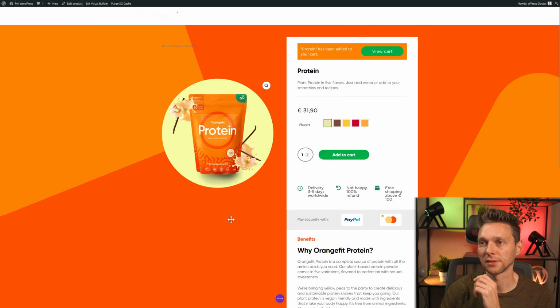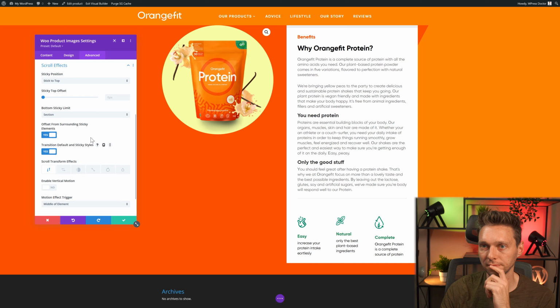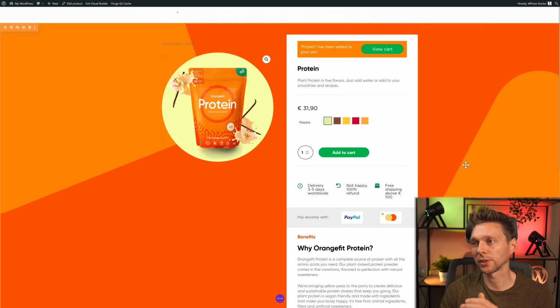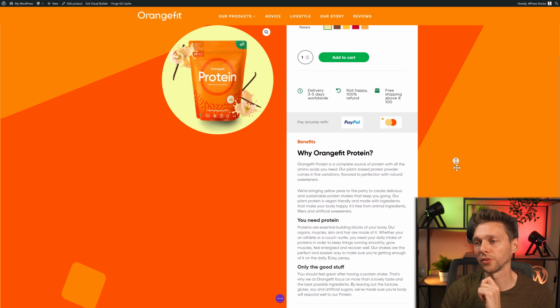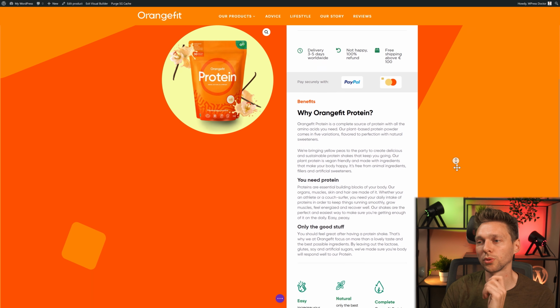But when does it have to stop scrolling? Well, it has to stop on a new section. And then of course they have, just like with Amazon, the more people that scroll down, the more they want to know about the product before actually buying it. So what we do is we're going to add another divider. To do that we need a normal row. So we're going to copy this row, paste it over there. And then we're gonna get the divider again to this row. And then we're going to remove all these ones.